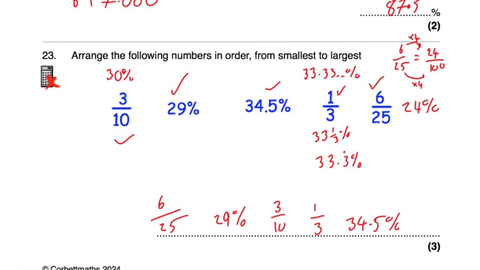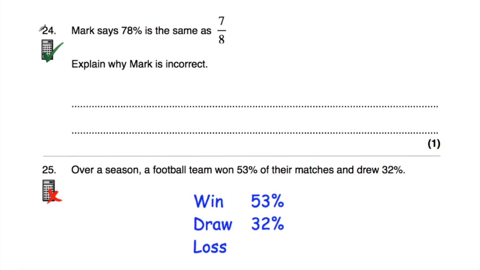Okay, let's have a look at our next question, question number 24. Question number 24 says, Mark says that 78% is the same as 7/8, and we've been asked to explain why Mark is incorrect. So what I'm going to do in this question is write our 7/8 as a percentage. I'm going to convert it to a decimal and then a percentage using my calculator to help me. So I'm going to do 7 divided by 8 to write it as a decimal, and 7 divided by 8 is equal to